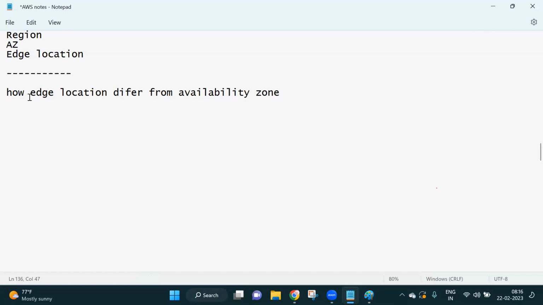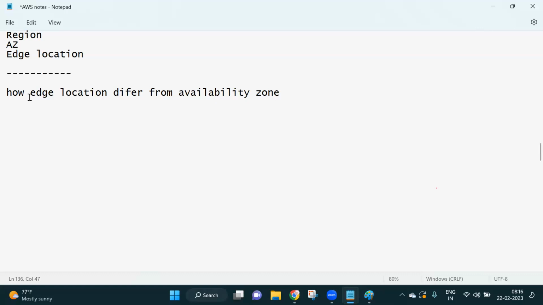But on the other hand, availability zone is, I can say, logically isolated data centers within your cloud region. Each availability zone is independent of other availability zones, guys. It is very independent within the same region. The availability zones are where the physical data centers are present. Here they are not using any caching technology. Suppose one availability zone experiences a failure or outage, other availability zones can continue to operate and provide the service.